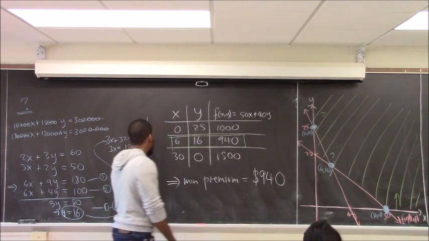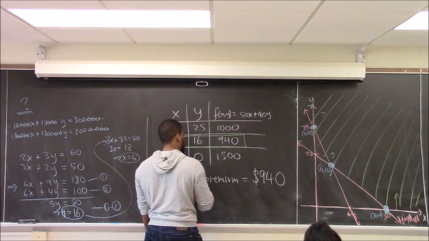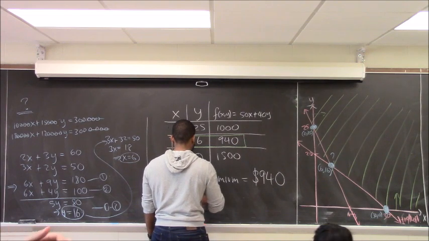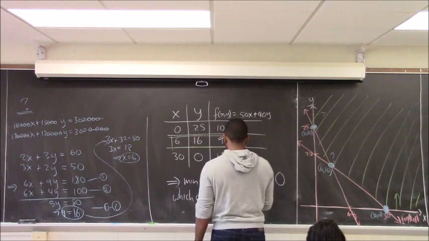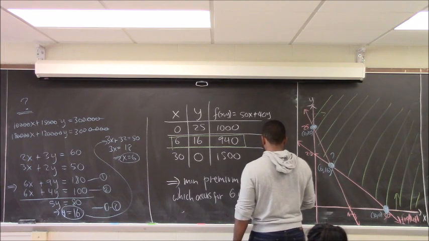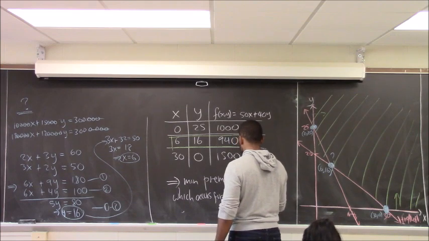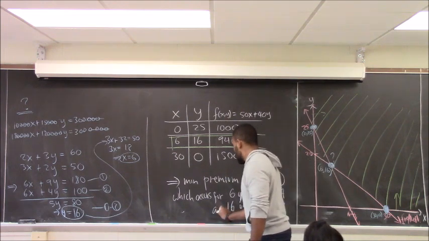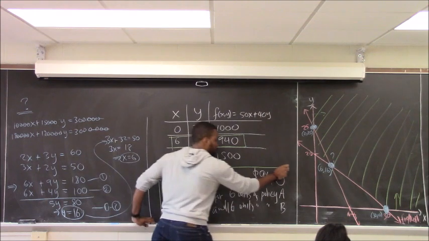$940 to obtain at least 300,000 in theft and fire and 3 million in liability, which occurs for 6 units of policy A and 16 units of policy B. That's your answer. That's the best situation for the people